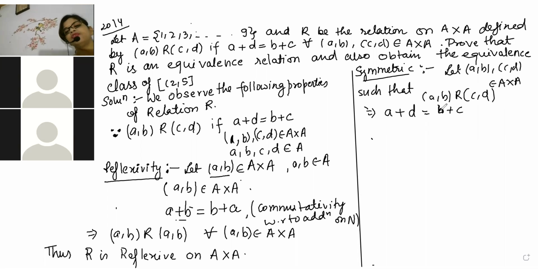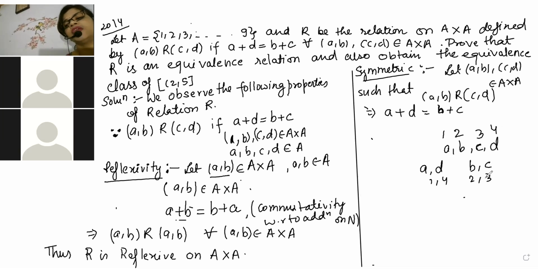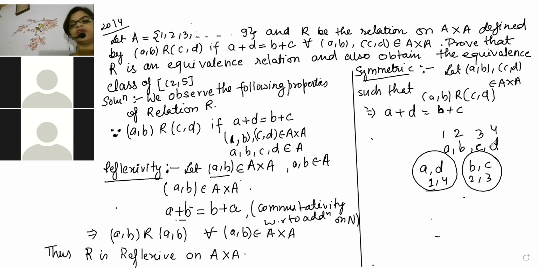Now what we have to do is shift the order. Look here, beta, what is the order of writing right now? I told you yesterday also, one more time I am revising. Look here, beta, a, b, c, d is there. So 1, 2, 3, 4 is the order. That means you are taking a with d, that is 1 with 4, and b with c, that is 2 with 3. Yes or no? 1 with 4, 2 with 3, you are taking the order: ad, bc.